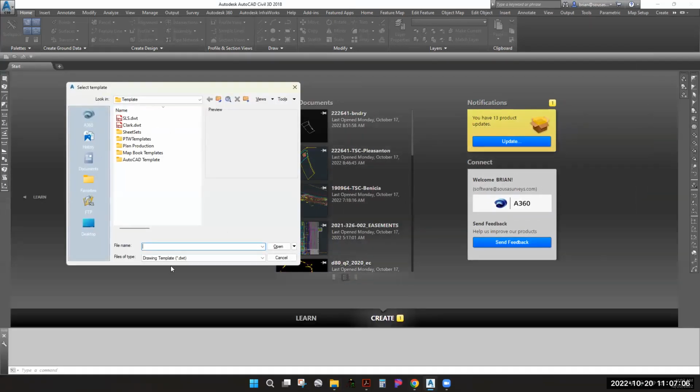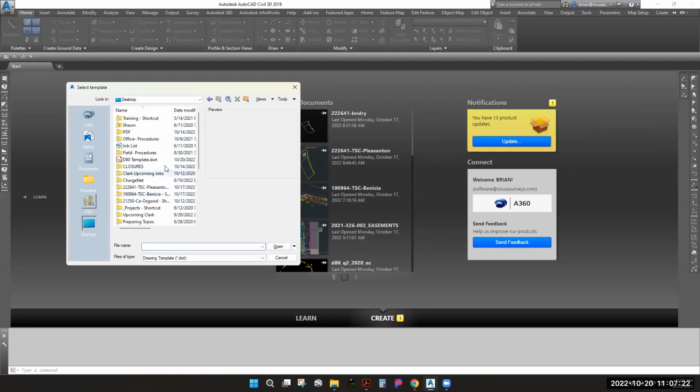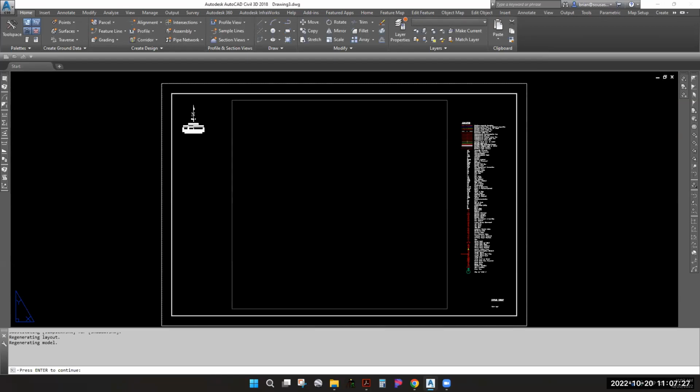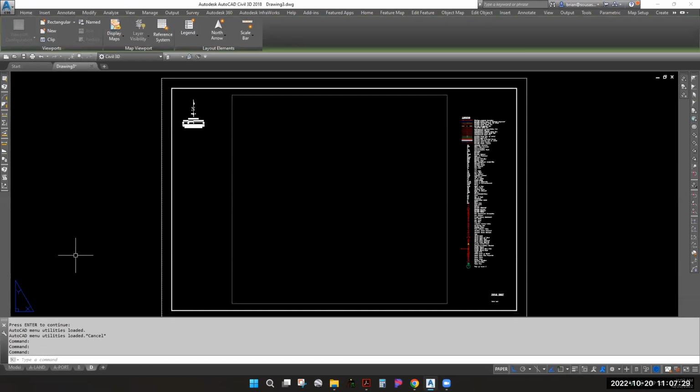It says select template. If the file type on the bottom says DWG, you're not going to find that template file. So you always want to make sure that the file type on the bottom is going to say DWT, because that's what it will show. Then if I go to my desktop, there it is. Open, and voila, you have everything that you need for